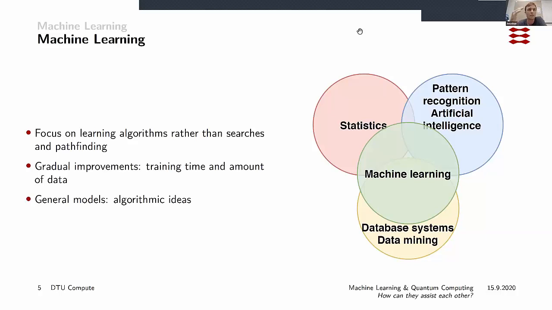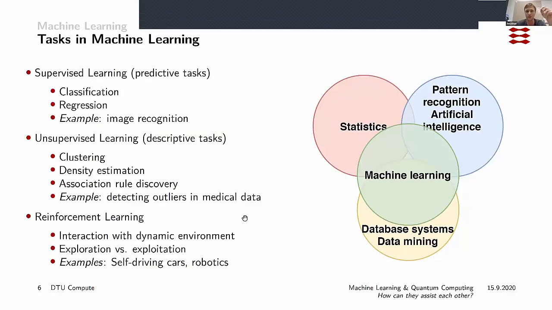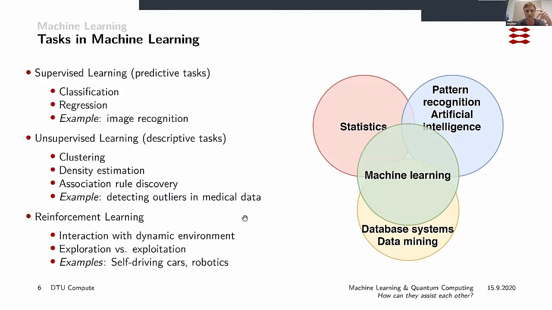So let's stick to this example throughout the talk that we have some images, and on these images are cats and dogs. And we can imagine that the more pictures we feed the algorithm, the amount of data so to speak here, the better it gets at actually predicting whether it's a cat or a dog on the image. Usually we divide the tasks in machine learning up into three major tasks.